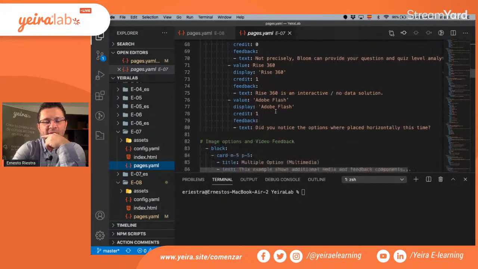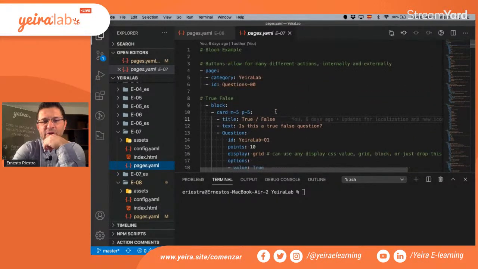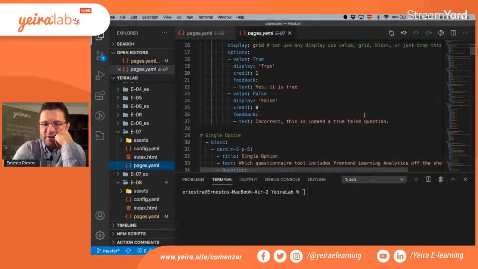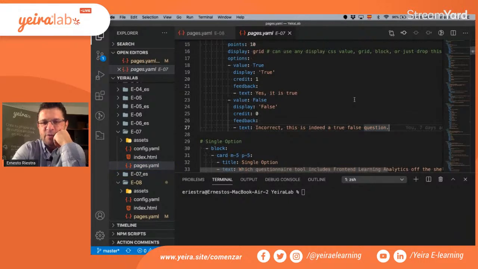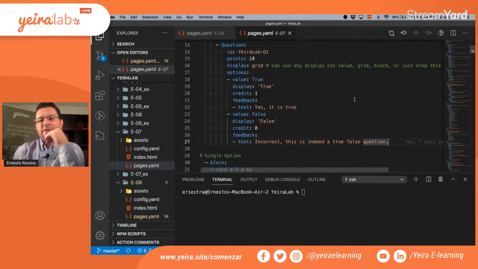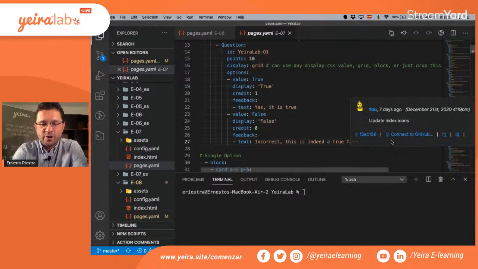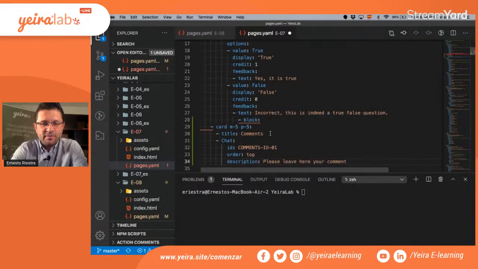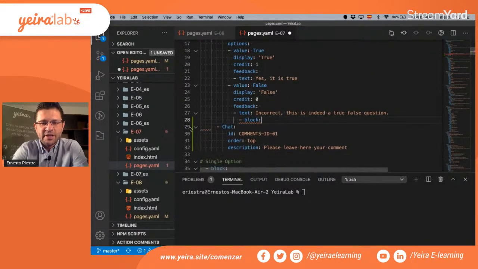So I'm going to do something a little bit crazy here. Why don't we put the chat on the incorrect side of the feedback? So this is a true false question. I'm not sure if an instructional designer would think this is the best idea, but this is something that we could do with the toolkit, with the markup system. So instead of just putting this incorrect, this is a true false question, I'm going to paste the chat box here